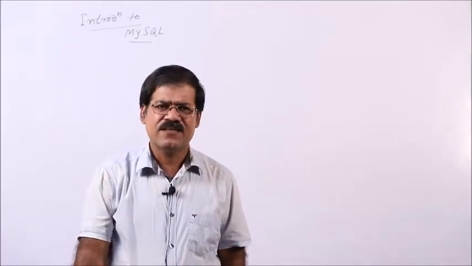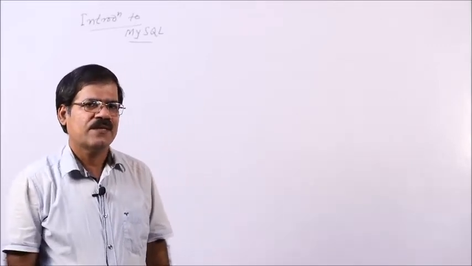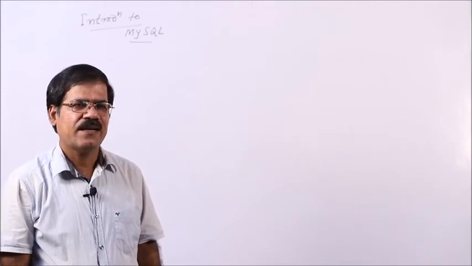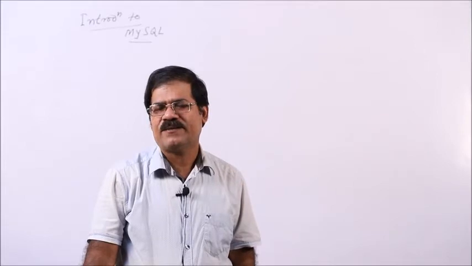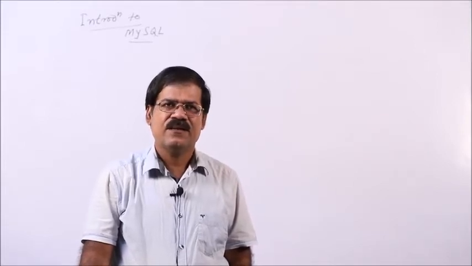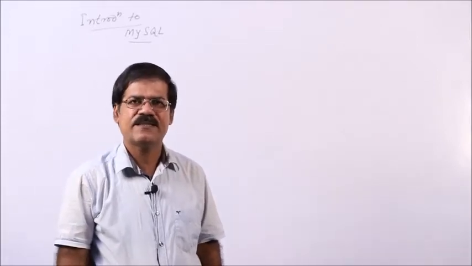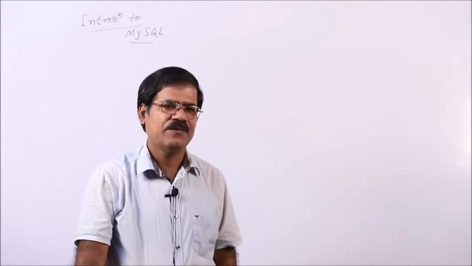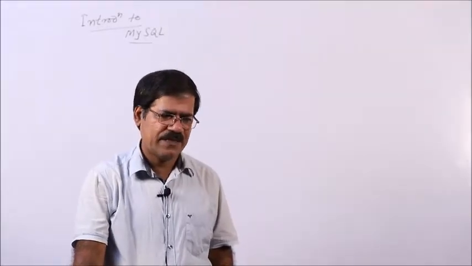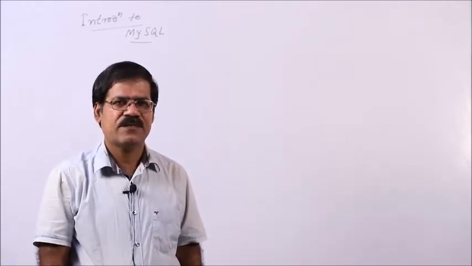Last class we already discussed different theoretical concepts: what is a database, what is data, how we can manipulate the data, what are the advantages and disadvantages of using a database, and the three-level architecture, or three views of data: external view, conceptual view, and physical view or physical storage. These views are also called levels, the three-level architecture of a database.